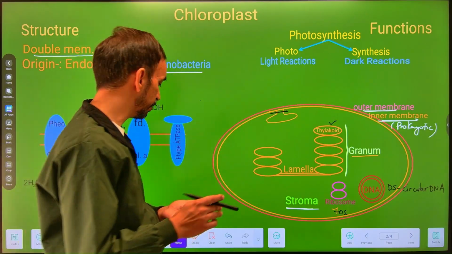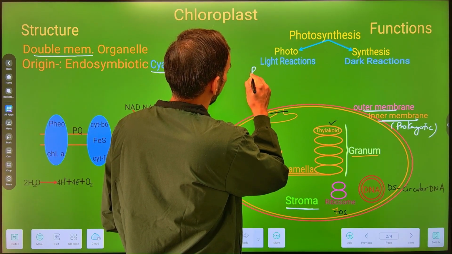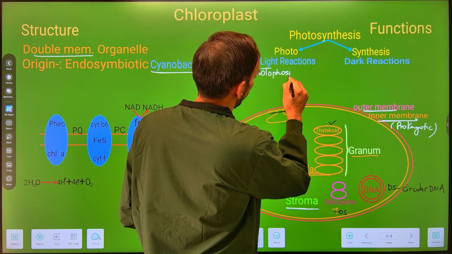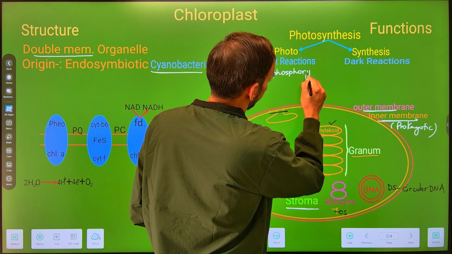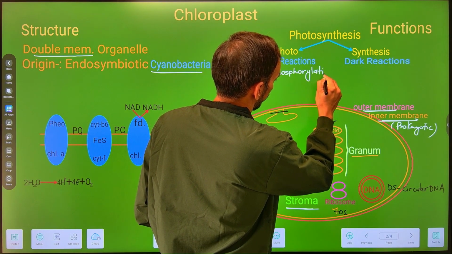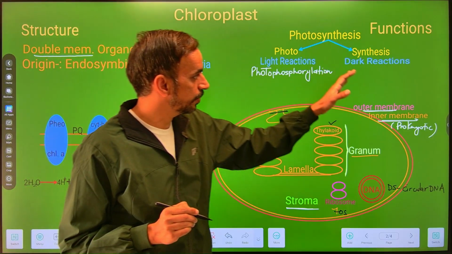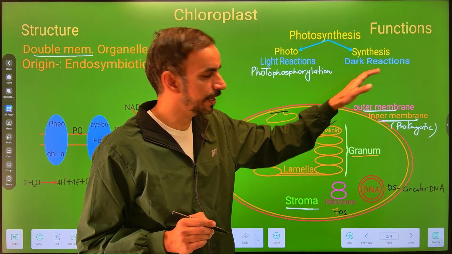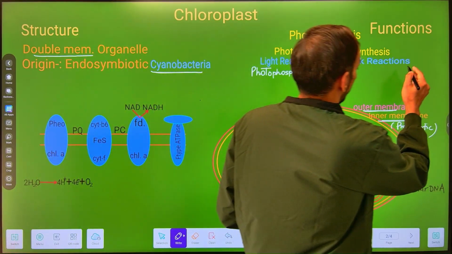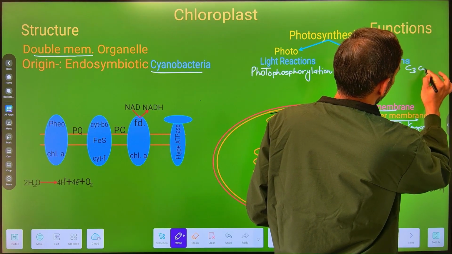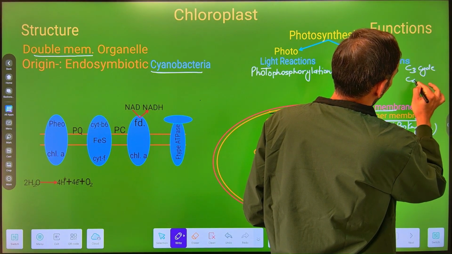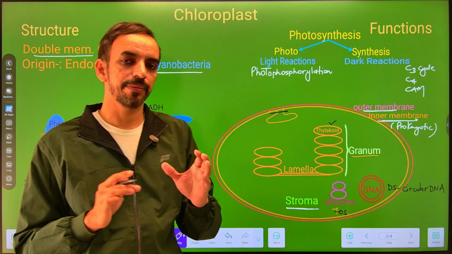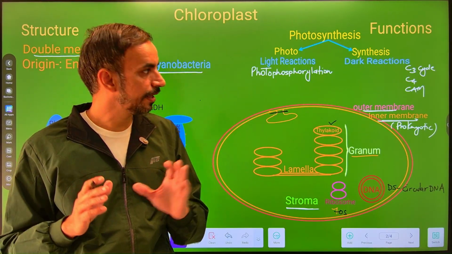और ये लाइट रिएक्शन किस प्रोसेस से होती है? The process is known as photophosphorylation, while the other part is known as the dark reaction or the synthesis part, and within this synthesis part we have some dark reactions, and there is the C3 cycle, we have C4 plants, and we also have some CAM plants. इनके बारे में डिटेल्स में अपन बात करेंगे जब प्लांट फिजियोलॉजी पढ़ेंगे।